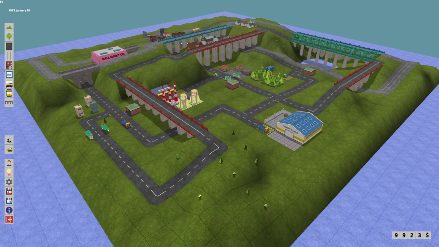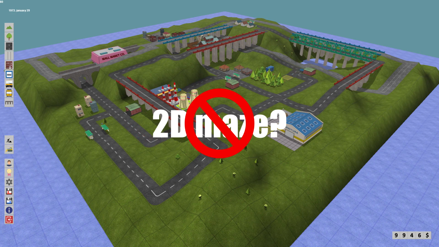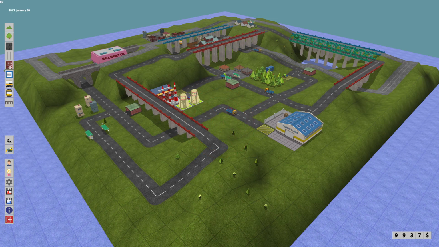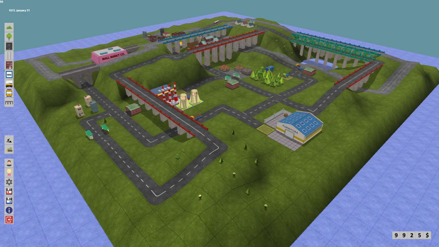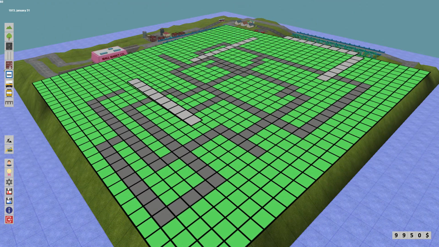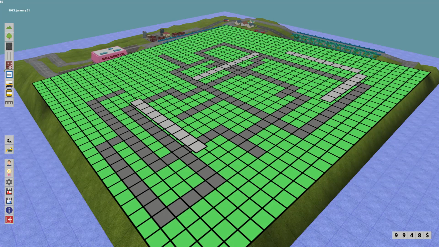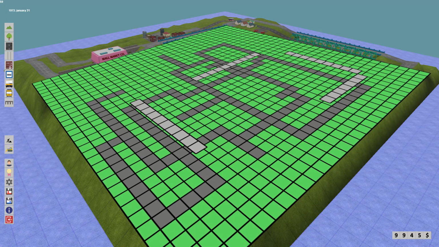But as you see this map, we have a little problem. This is not a two-dimensional maze. We could imagine this as a 2D maze, but the fact is that we have bridges, and we have roads under these bridges, and maybe we will have tunnels also in the future. So we might say that we have multiple layers of roads, and most maze-solving algorithms store and use a flag